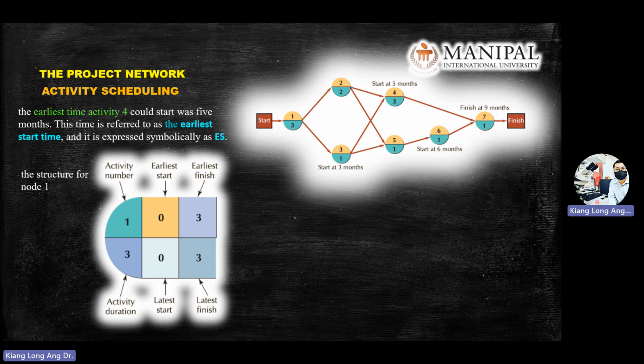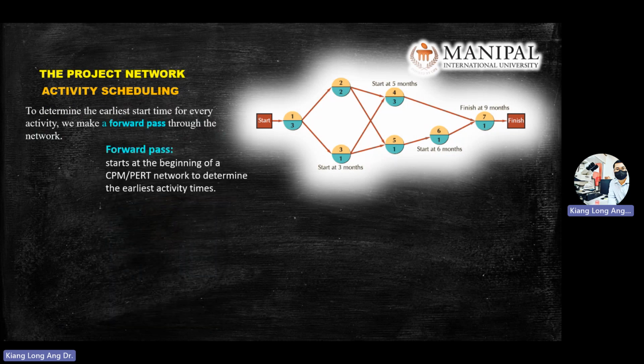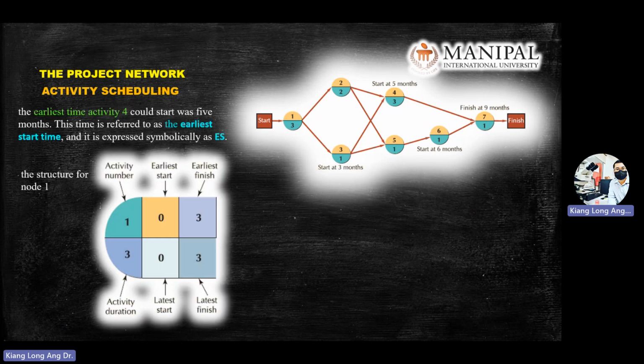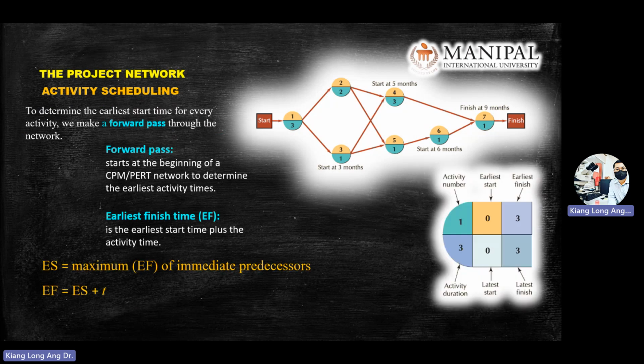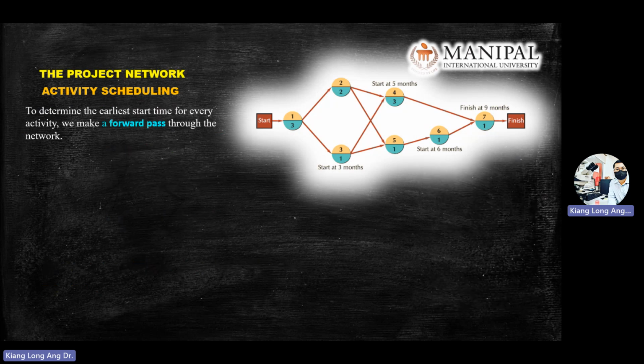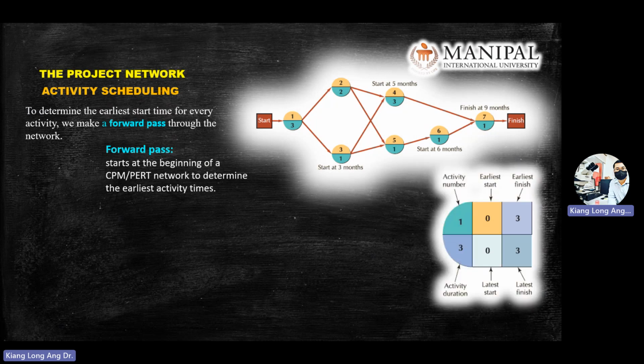So we already learned the earliest time just now. Before that, there's one movement called forward pass. Forward pass means you pass the basketball forward. You start from the beginning to the end. Okay, forward pass. Normally we will do the forward pass, let's say this is the network. This is called forward